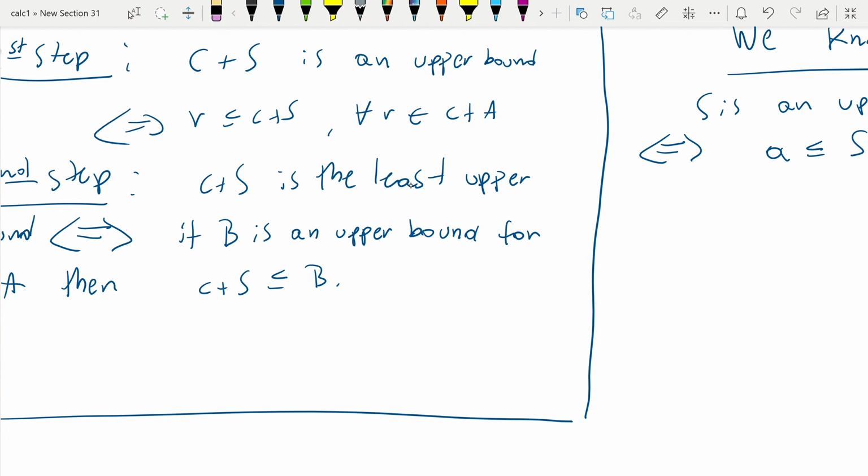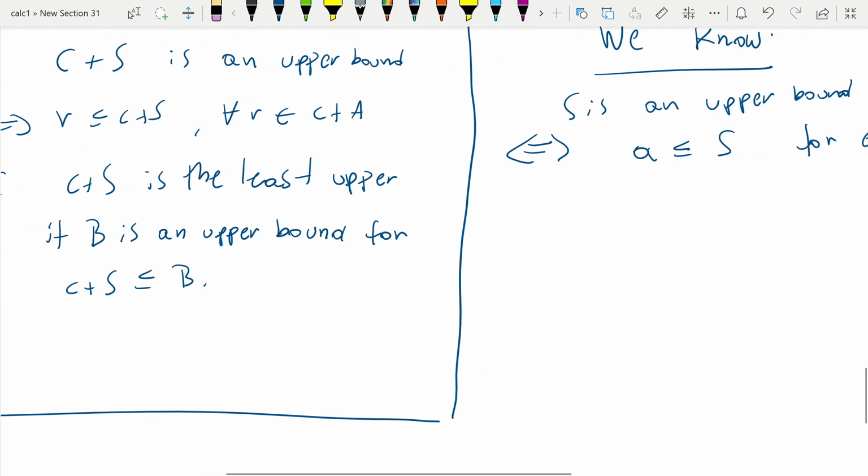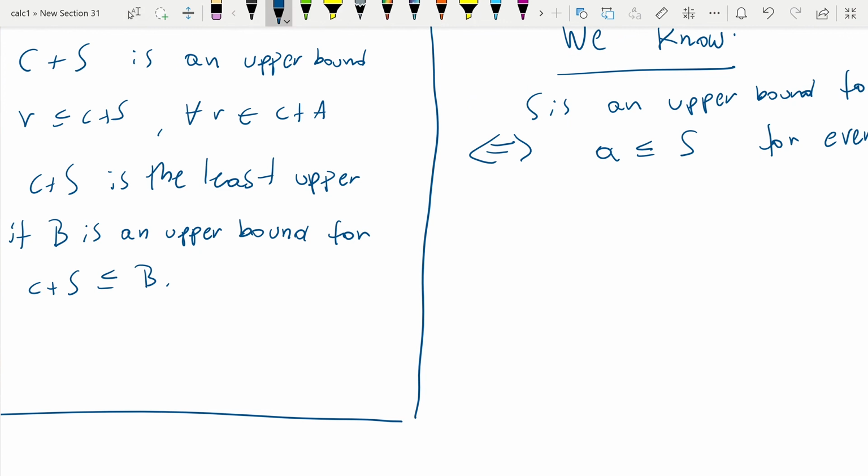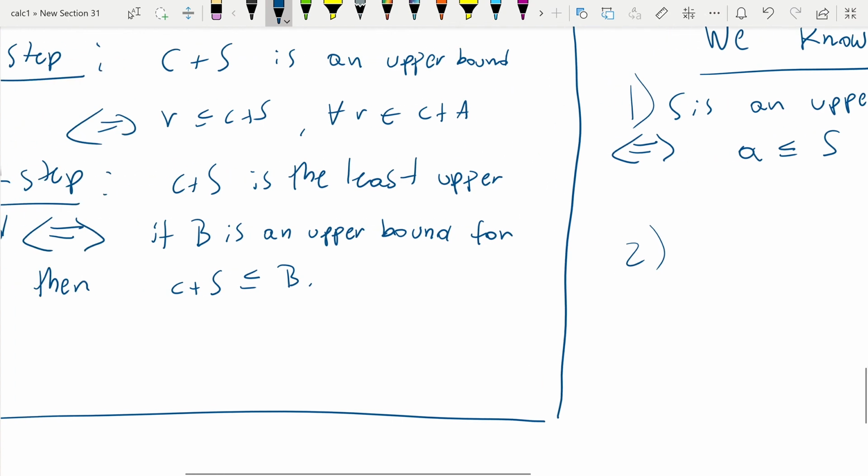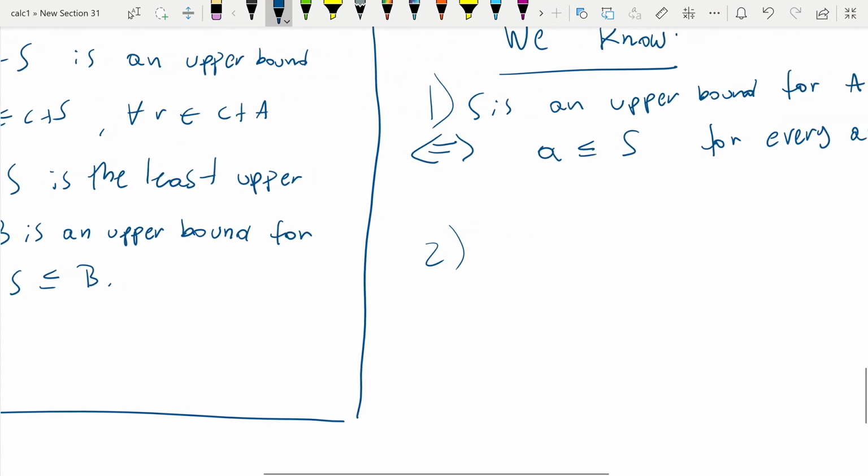statement over here, that r is less than or equal to C plus S. And how can we do that? We simply add C on both sides, because every r in C plus A is of the form C plus a. Okay, so that's the first thing that we know. So that's 1, say, and 2, which corresponds to the other thing, is that we already know that